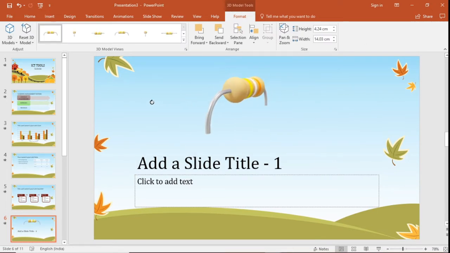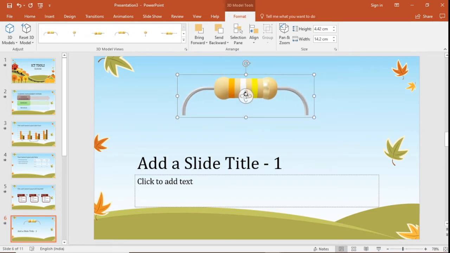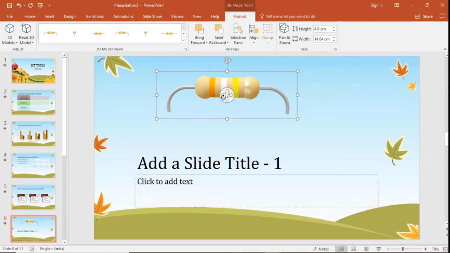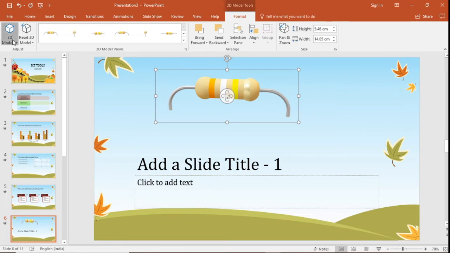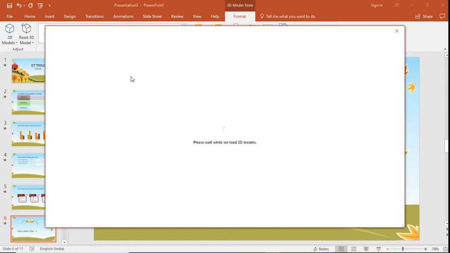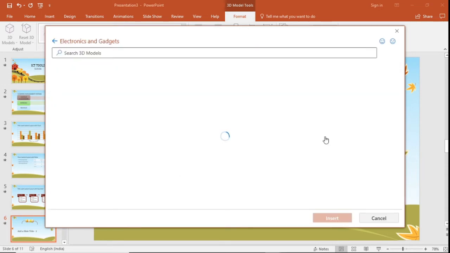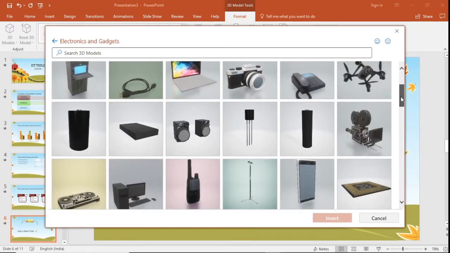So this resistor can be rotated in any direction and we can explain anything easily to students. Any new student that joins the engineering course or any course, for him a resistor is a very new component. So we can easily explain the color code of the resistor. We can tell him what the gold, silver and all those codings mean, and we can explain many things much more easily. So there are a lot of 3D models that we can insert. I just inserted something for example and showed to you. So we can try inserting any other available products here.